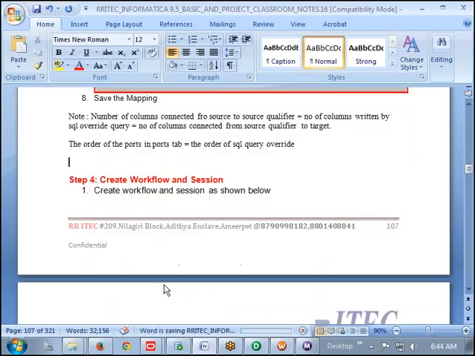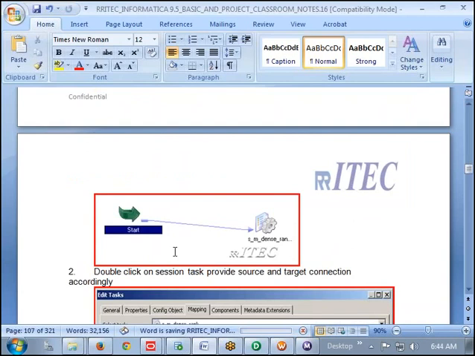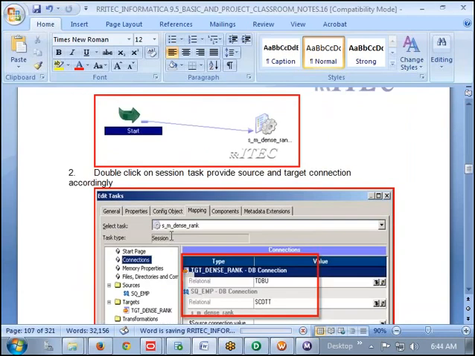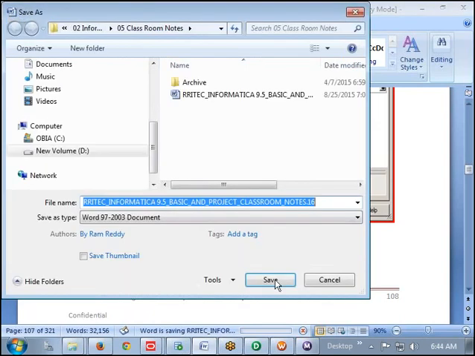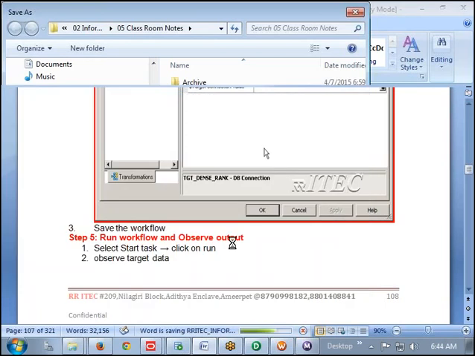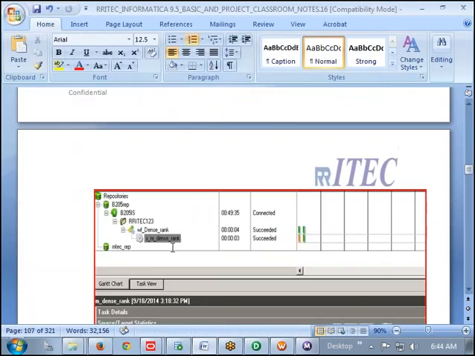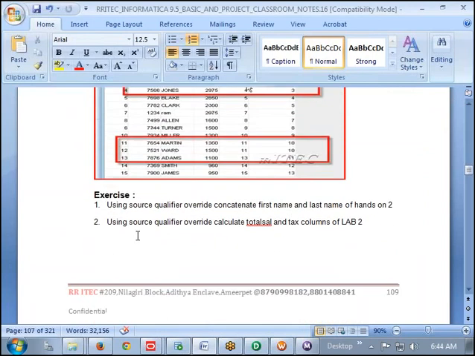Now we created the workflow and we did it. From the beginning we have been doing some activities, right? Can you achieve those activities without using the transformations? I mean to say, let us say exercise 1: using source qualifier override, concatenate the first name and last name of answer 2.